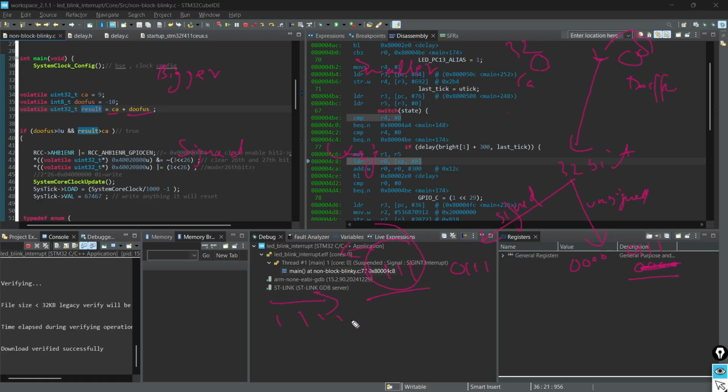It will have ones from this side. Okay. So now this looks something like 111 and some number.